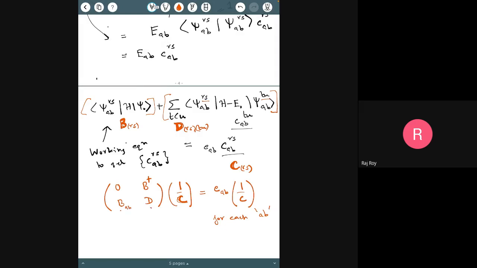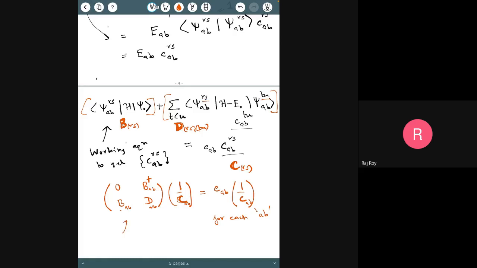But this AB is not an index which enters the solution of the equation, if you understand what I mean. So you have an equation for every AB and you solve it independent of a CD index. So that is why this is called an independent electron pair